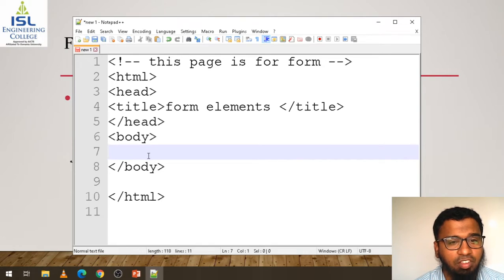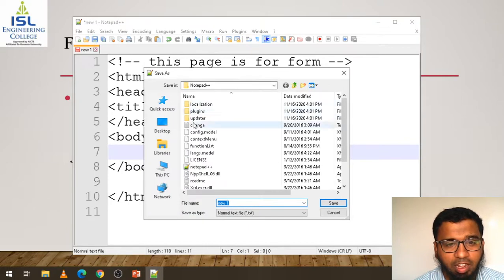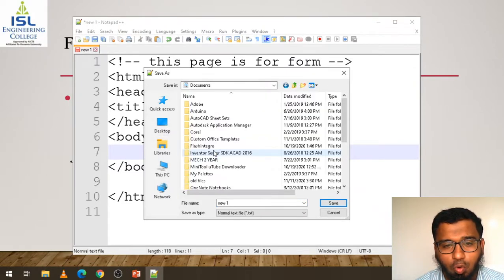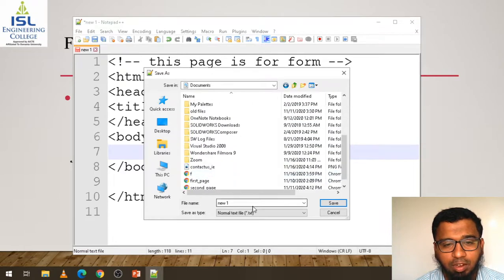If I finish this, then I will save the file. You can click here on save, or you can directly type Ctrl+S. I am saving the file in the documents folder.